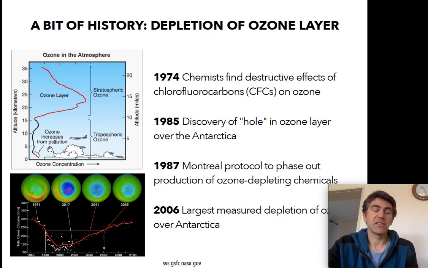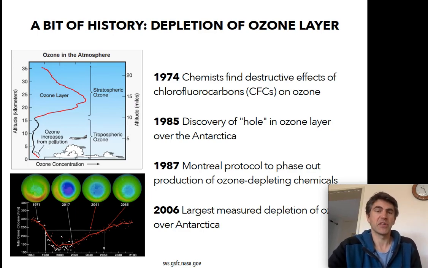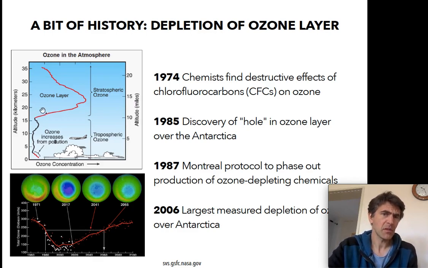And so when people are saying sometimes in summer ozone levels are very high, don't go outside, that's about the troposphere. But in the stratosphere, we need the ozone layer in order to protect us from UV radiation. The ozone layer was depleted very much through the use of chlorofluorocarbons, CFCs, which were used in refrigerators and spray cans. And that led to the discovery of the ozone hole over Antarctica in particular in 1985.